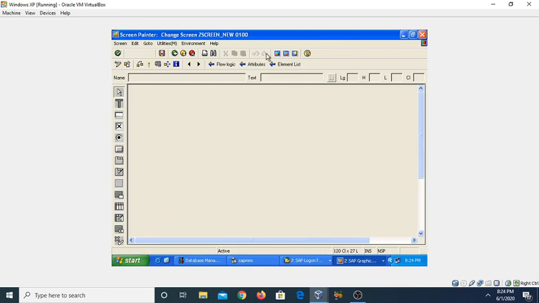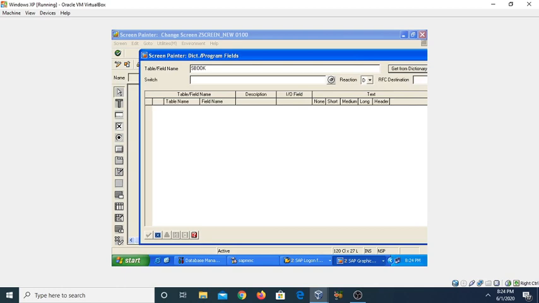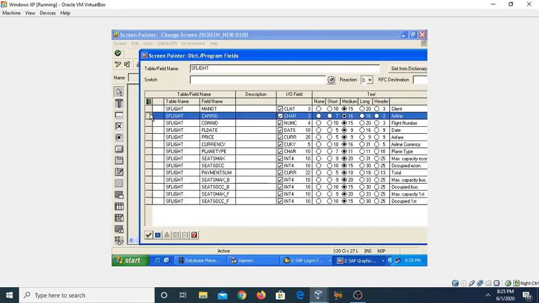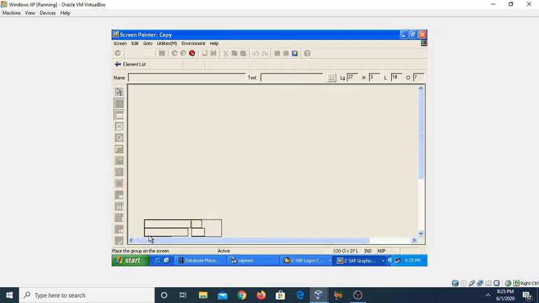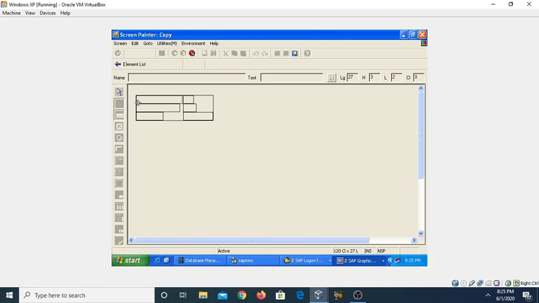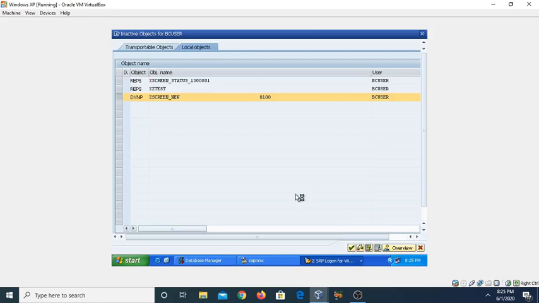Now the next step, go back, select the first subscreen, and we can also drop or create some elements, or we can take it from the dictionary. So in my case I am taking it from the dictionary. This is table SFLIGHT, get from dictionary, and then select some fields. In my case I am selecting the first three fields, carrier ID, connection ID and flight date, then OK, and then drag and drop. So we have selected here the element list for the subscreen 1. Save it and then activate it.